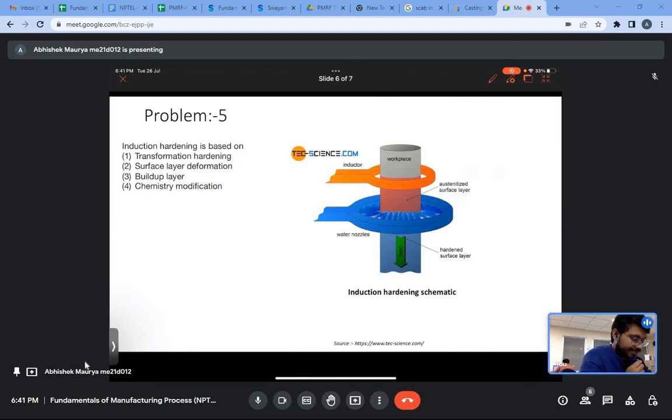First of all, let's see what the induction hardening process is, or simply, first let's talk about what the hardening process is. Hardening process is the process where the properties of the metal are improved. Which property? The hardness of the material. So how can we achieve better hardness? If I talk about the induction hardening process,